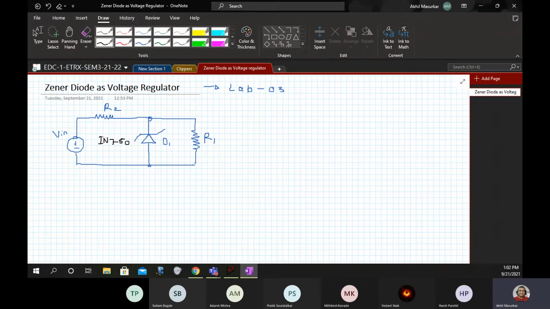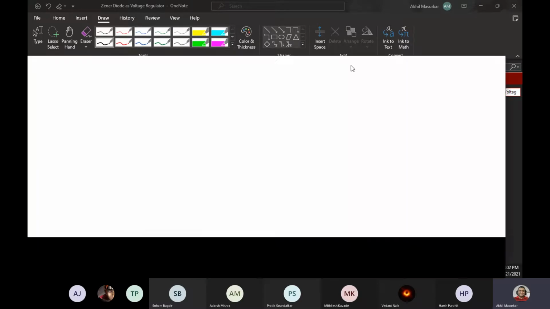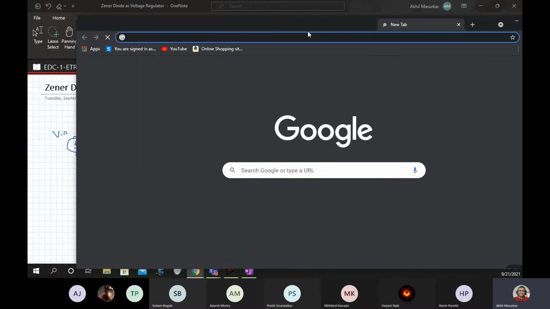Now when we talk about 1N750, in the experiment we have to find out some information about 1N750. So first we will open the data sheet of 1N750. All of you should do this exercise with me.